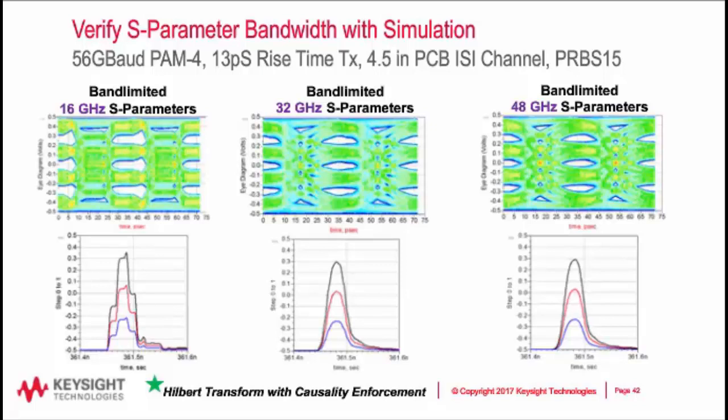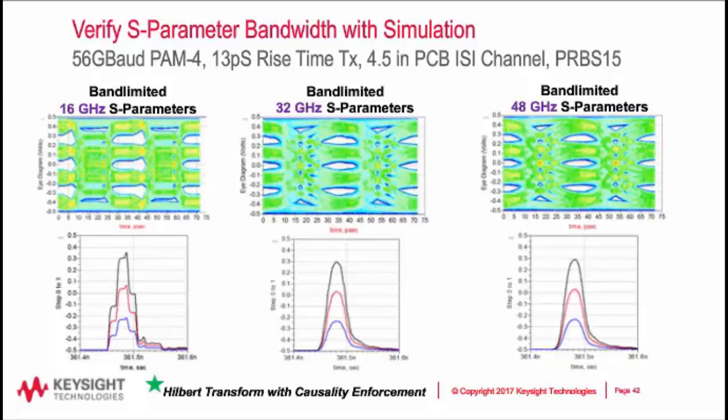In the demonstration I have here in our ADS simulator, we use the very robust Hilbert transform with causality enforcement. This lets us use S parameters with a lot lower bandwidth than, say, a simulator using Fourier transform technology. But even with this very sophisticated handling of the S parameters and the transformation to the time domain for seeing how a bit pattern goes through our channel, you can see if we band limit all the way down to 16 gigahertz, this is the Nyquist frequency at 32 gigabits or 56 gigabaud